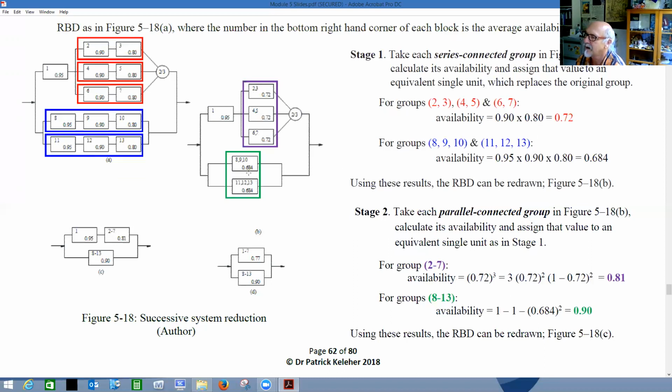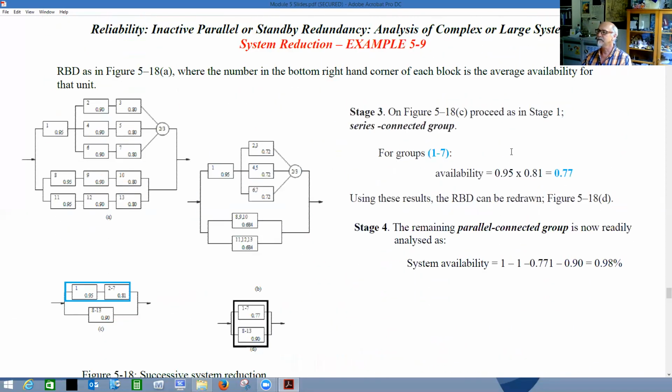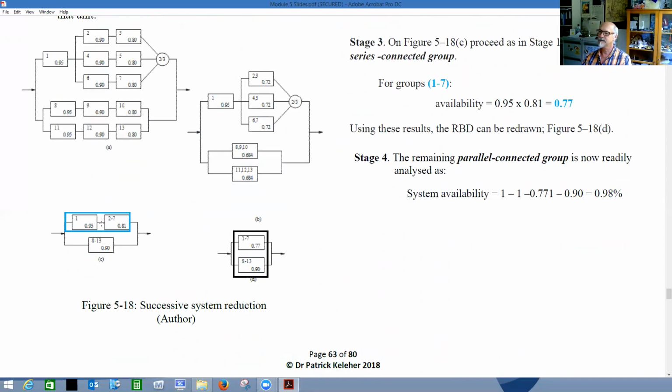And likewise, we've got 8, 9, 10, 11, 12, 13. So for 8 to 13, we can calculate our availability again using that formula. And then we just keep reducing. So on the next page, we're now going to concentrate on this one. They're in series, so we can reduce that down using our series formula. Then ultimately, these are down in parallel. So again, using our parallel formula, we end up overall for the system that the